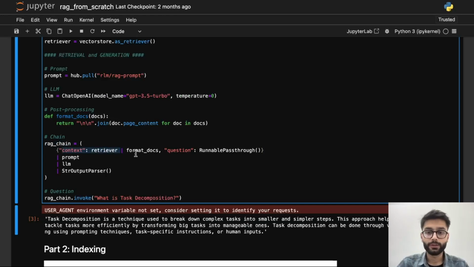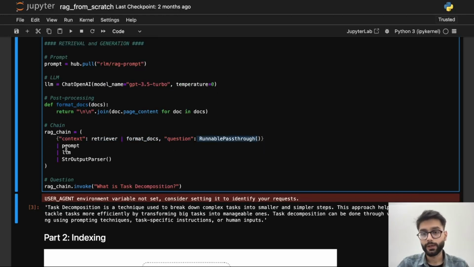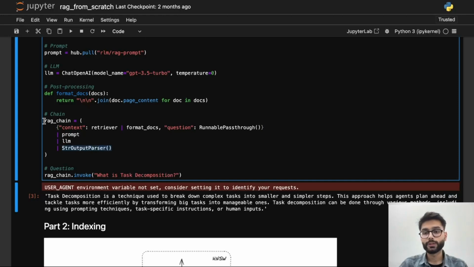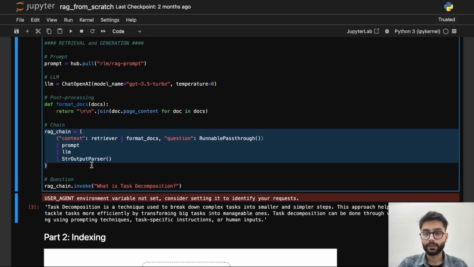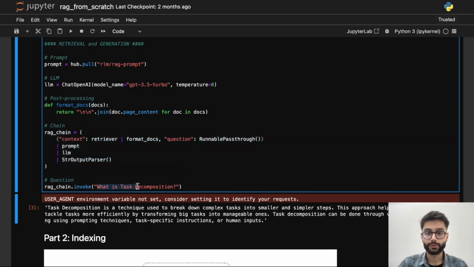And after that, in that chain you have format documents and the runnable pass through, right? Then after that we have the prompt, and then after that we have the LLM, and we have the string output parser that will pass the outputs which we have received from the LLM in a string format, right? So this is the entire chain, and we'll run that chain, and we'll get the answers to that particular question,